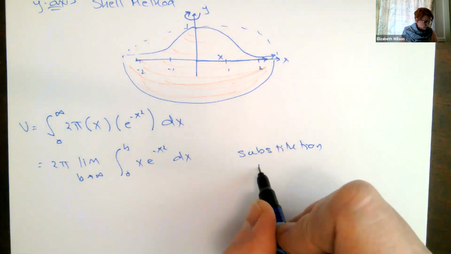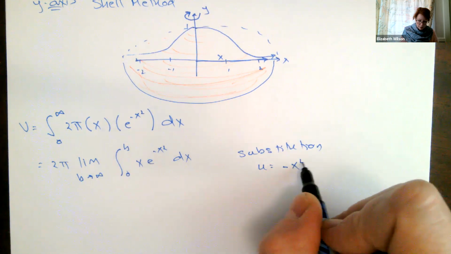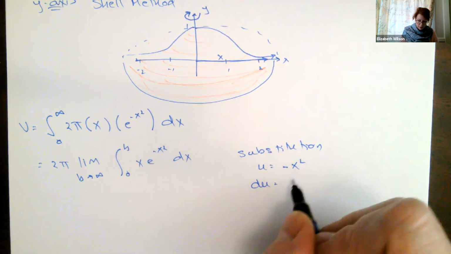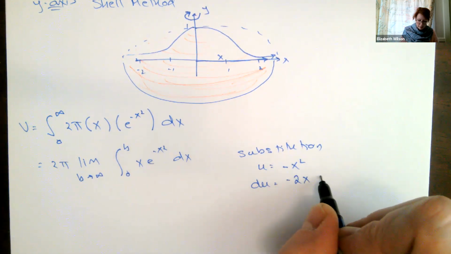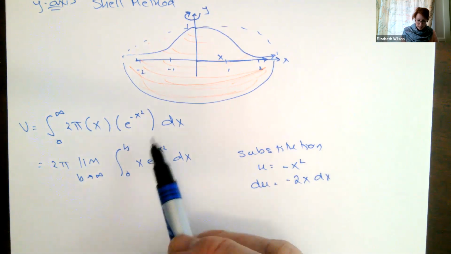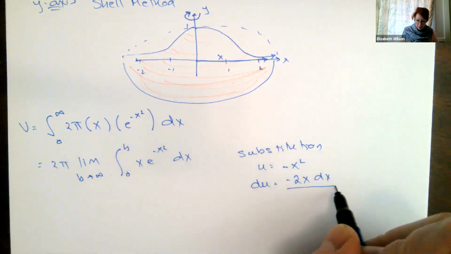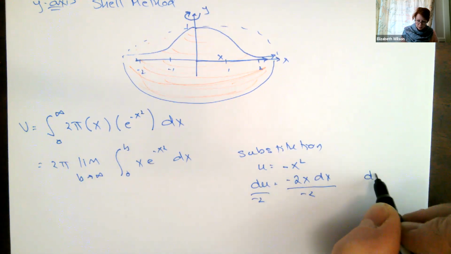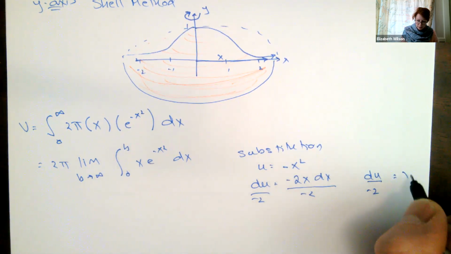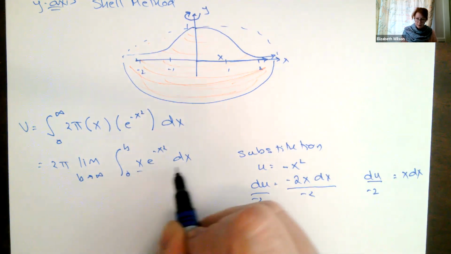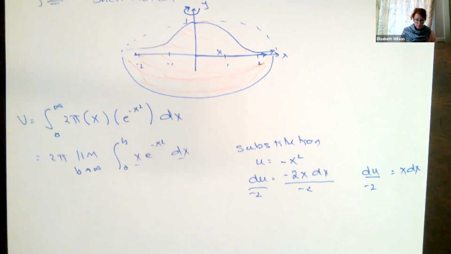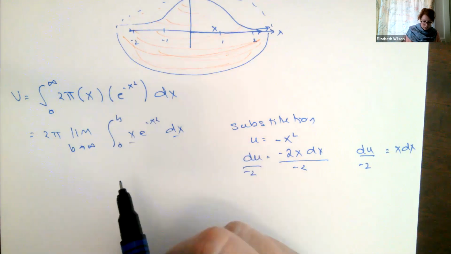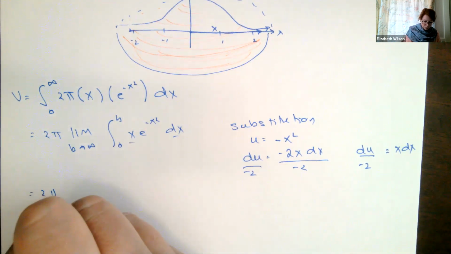Right, so my u is equal to minus x squared. My du is equal to minus 2x dx. Well, I have a 1x dx, so I'm going to divide by minus 2. So du all over minus 2 equals x dx. I'm going to substitute that with du over minus 2, and substitute this with u. So this is going to look like 2 pi limit